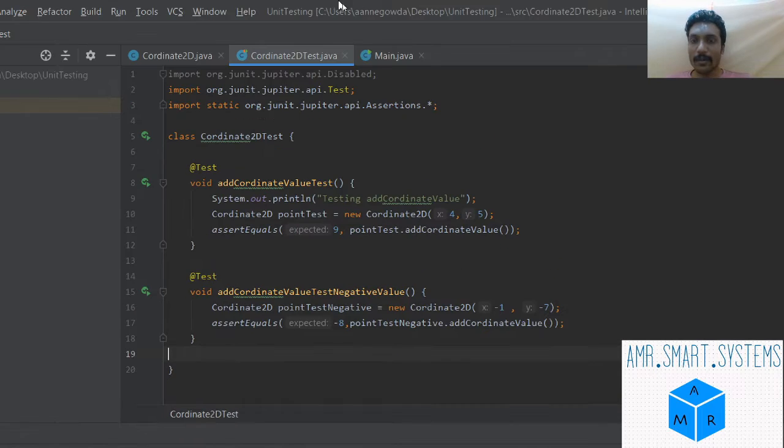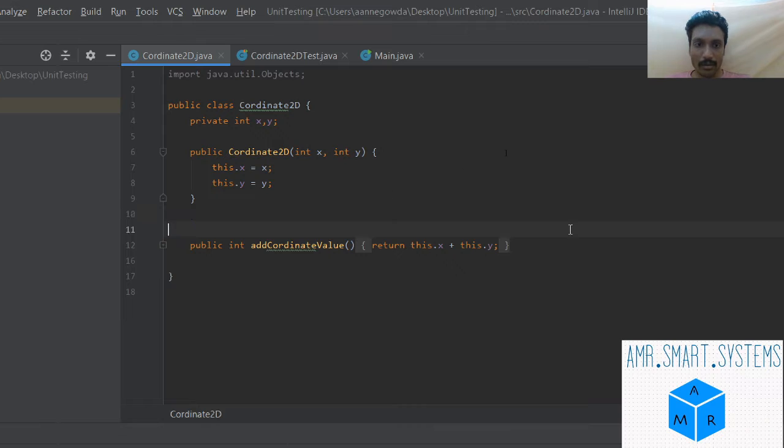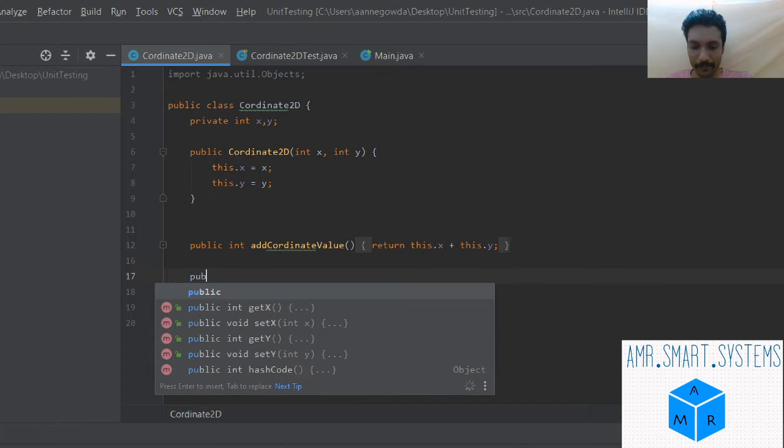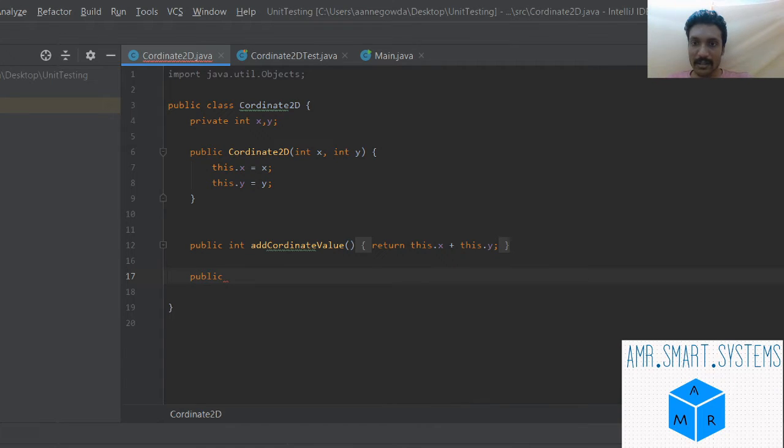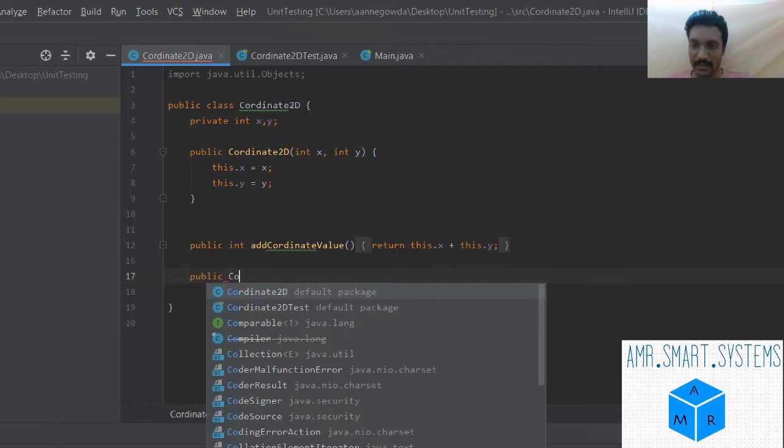So this was our previously added Coordinate2D test. We had added two test cases previously. So come, let's continue adding test cases. We'll add one more member function, maybe public, which returns a Coordinate2D object itself.